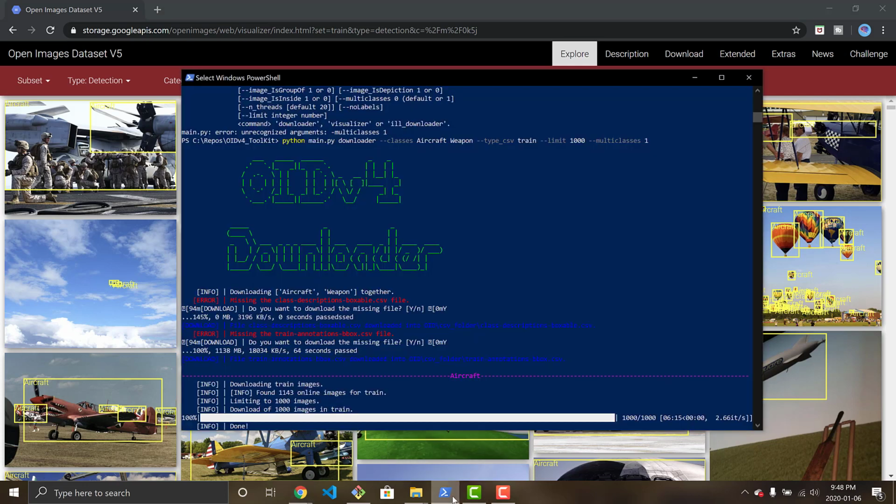So now I'm going to open up my toolkit that I showed in my previous video. I'll link down the description to my repository where you can download this code as well. So I ran python main.py downloader, and I chose my classes aircraft and weapon. And my type CSV is train because I wanted the training data set. And I've grabbed 1,000 images of each, and I set multi-classes to 1 so that both of them end up